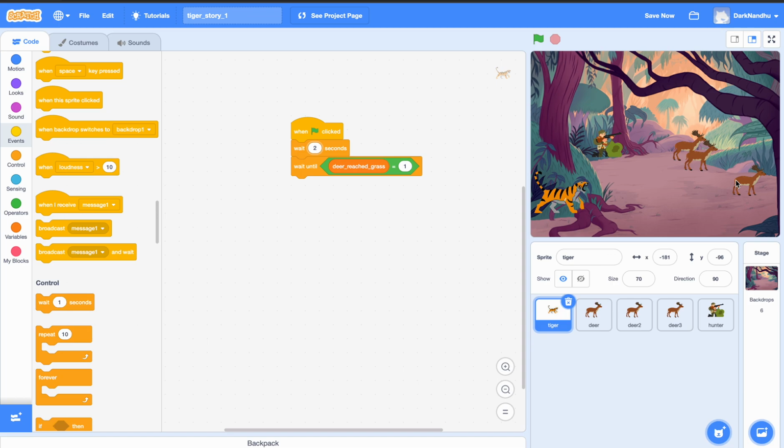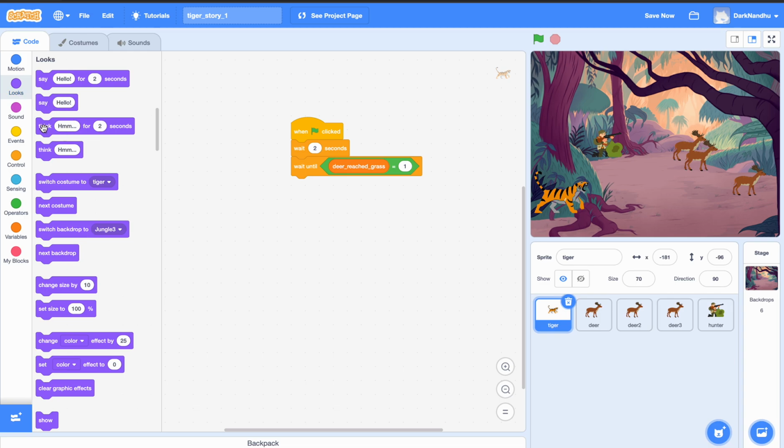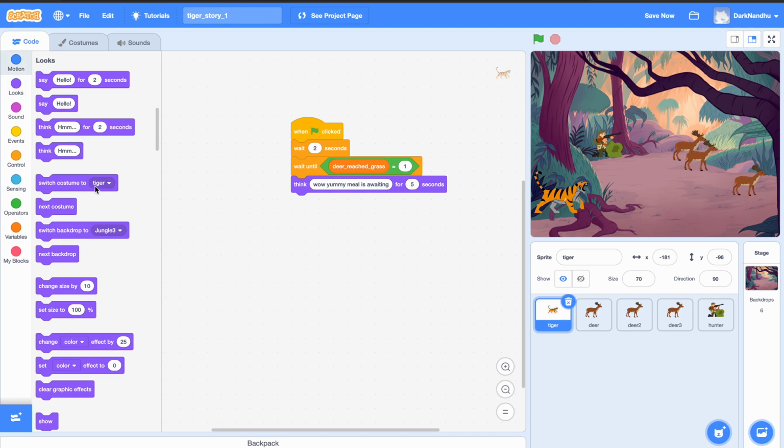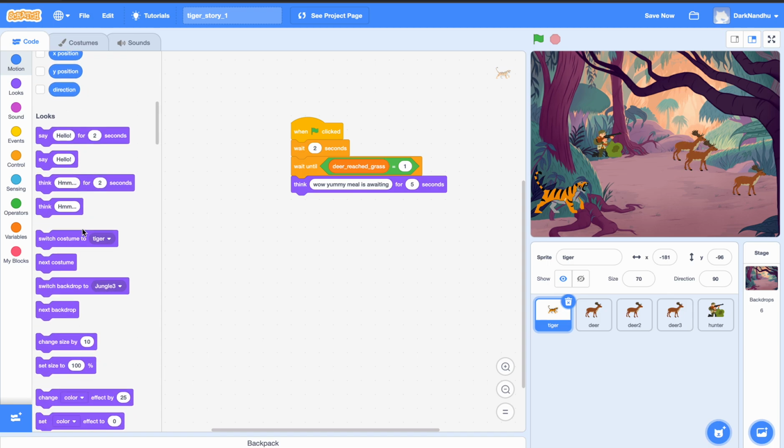That's all. Okay, so once the deer reaches the grass, the tiger is going to approach the deer. Before that, it is going to say something. For that, we'll use this look block, and let's make the tiger think something like, "Wow, yummy deer, yummy meal is awaiting." The tiger will think something like this, and after that, the tiger will move to the deer. So for that, we can use